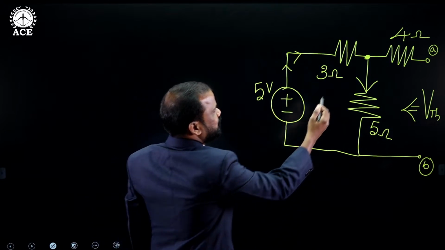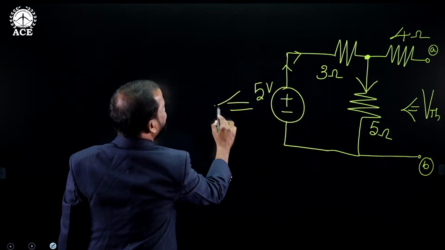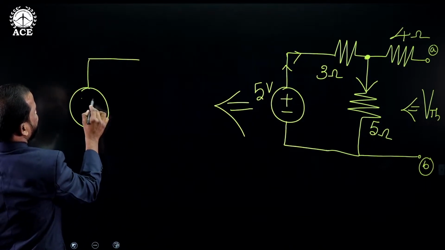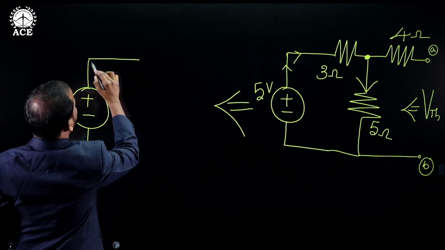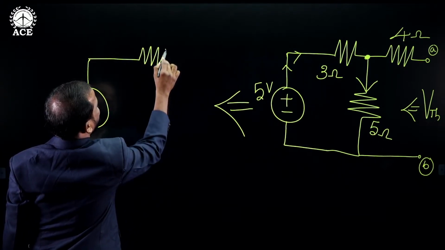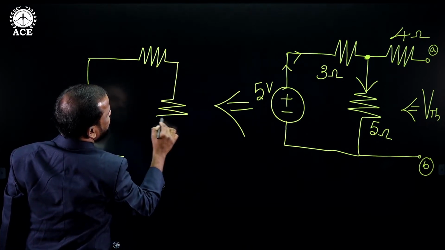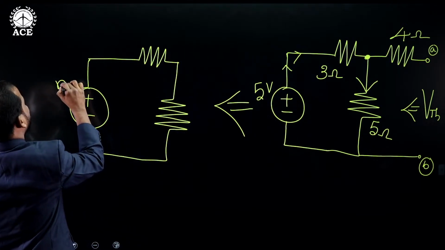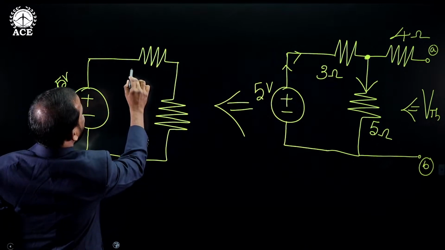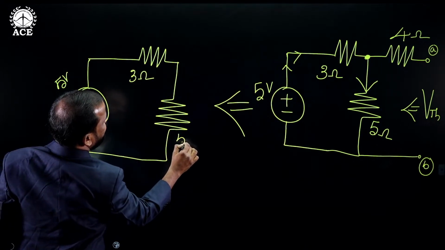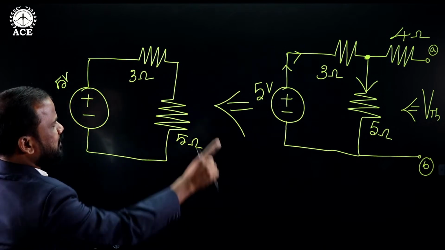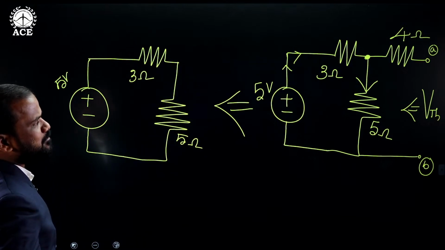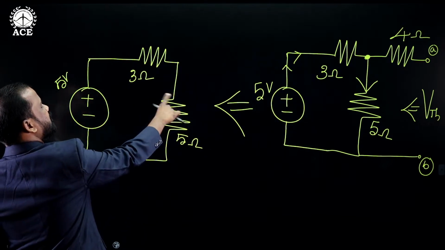so while calculating the value of current, no need to consider that value. So the same network, if I draw here, it becomes like this. If you know the analysis of simple DC circuits, you can easily find the solution if the problem comes under individual theorems. So this is 5 volts, this is 3 ohms and this is 5 ohms. That branch is open, so current cannot flow, so I am removing that complete branch